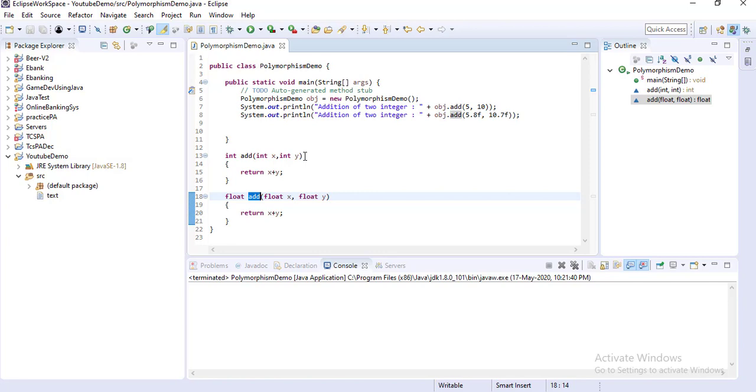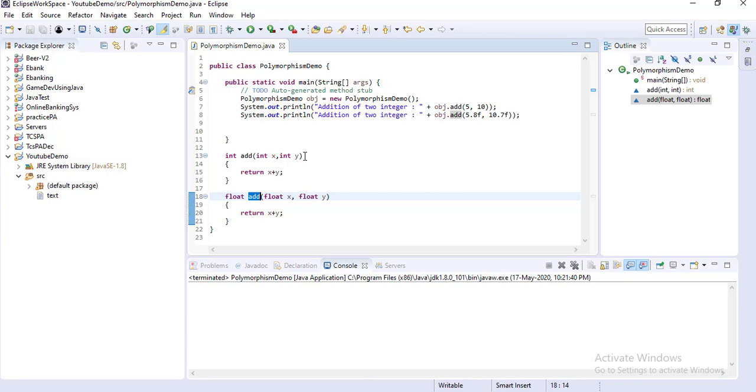So this is polymorphism and method or function overloading. It reduces the complexity and improves the readability of the program.